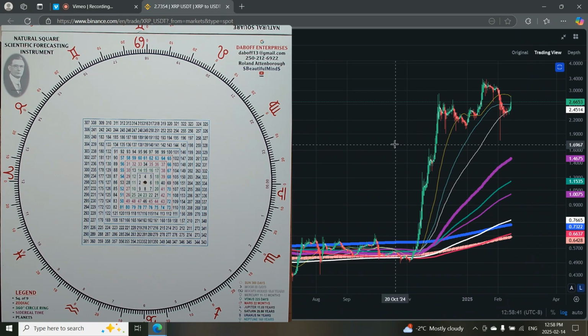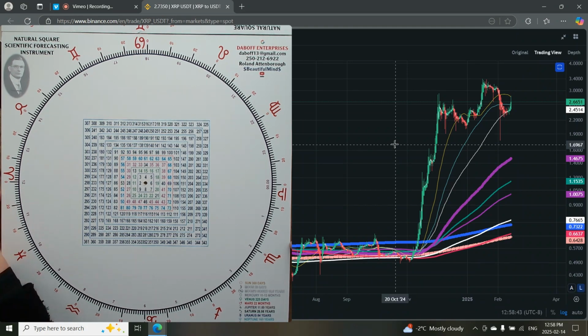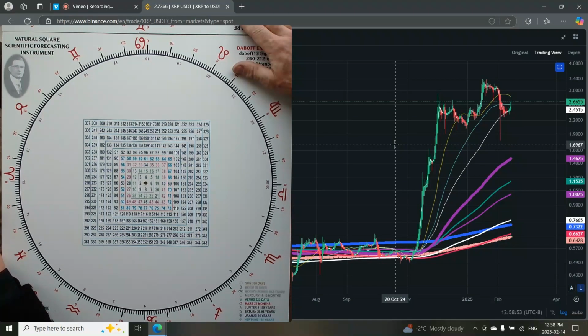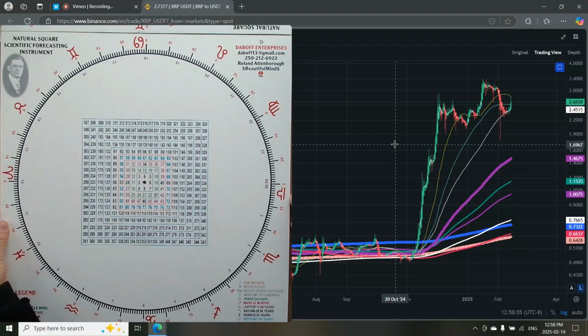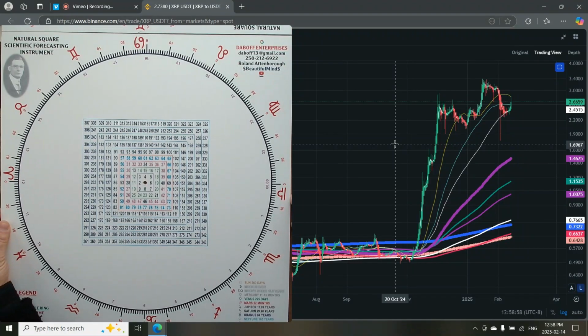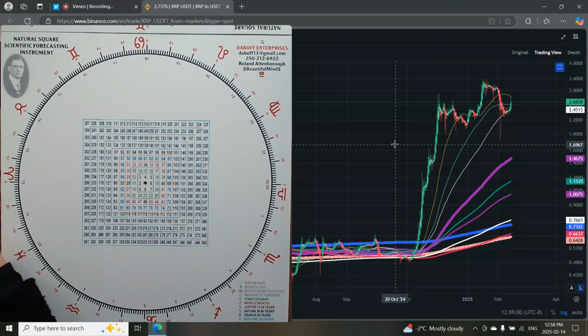We're talking about XRP, we're talking about the Square of 9, and the many layers and how we can determine price and time from a low. And I've had a really terrific question. I get this question all the time. But this question, particularly today, comes from someone who is interested in XRP, and they wanted to ask me, well,